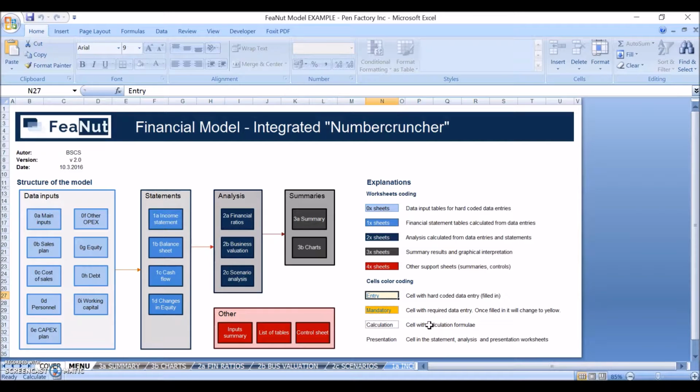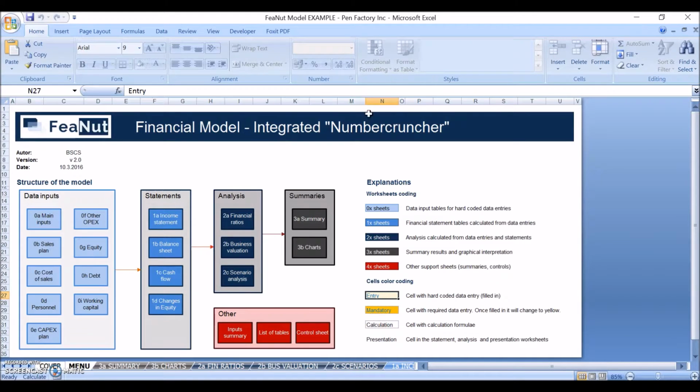Whereas for the calculation, the cells are white and the text color is black. So thanks to this color coding, you will be able to say immediately whether you are in a data input cell or whether that cell is a calculation. I will go through some examples in a minute,